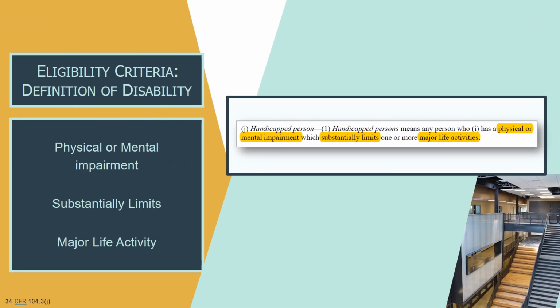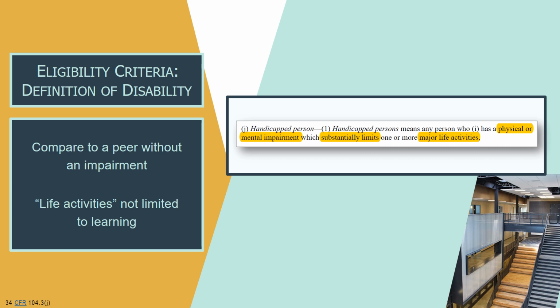To be served under Section 504, students must meet the definition of disability in the statute. Students eligible for services under 504 must have a mental or physical impairment that substantially limits a major life activity. To determine if there is a substantial limitation, the student can be compared to peers, particularly those without a disability. The Office for Civil Rights describes that a major life activity is not limited to activities that directly impact learning, but can include hearing, breathing, speaking, processing, and other life functions. It can pretty much be anything we do every day. The impairment does not have to be related to learning,